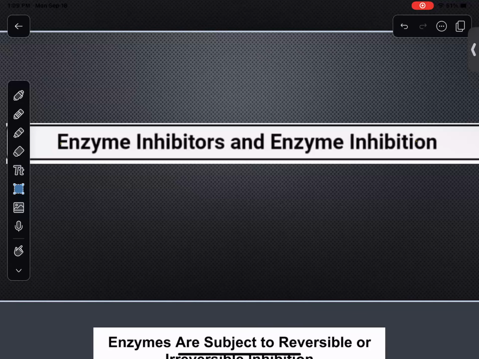Don't worry, it's not as bad as it sounds. At first, when you don't understand the basics of your Michaelis-Menten kinetics or your Lineweaver-Burk plots that we talked about, it seems hard, but at this point you should be very familiar. You've seen these things enough times to have an idea of what we're looking at, because what we're going to get into is largely based on Michaelis-Menten kinetics and those Lineweaver-Burk plots. They're going to give you a lot of information that you'll need on test day.